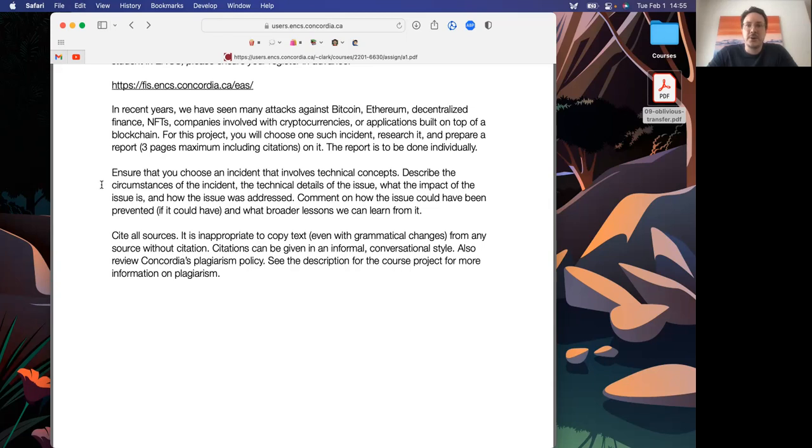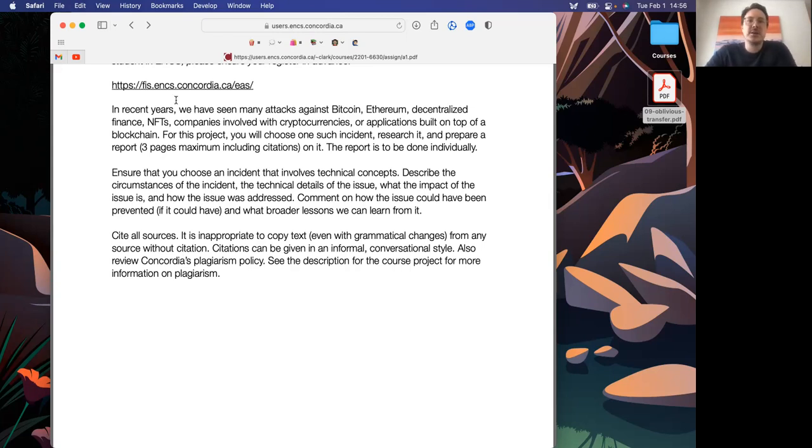And so the idea for the project is to just search around, see what you find, and try and find something that's interesting to you. And then I want you to research it and just write a 3-page maximum. And once again, templates don't matter or anything like that. You don't need a title page, just assignment 1, your name, student number, and then your 3 pages,